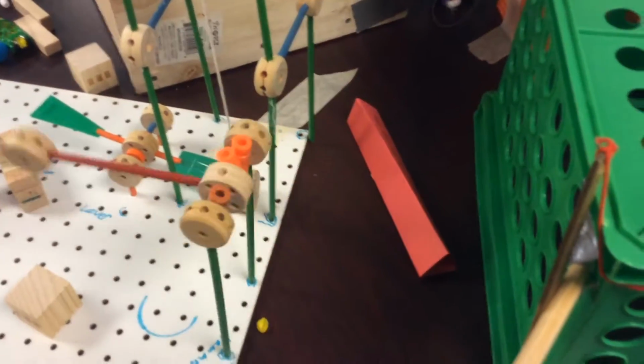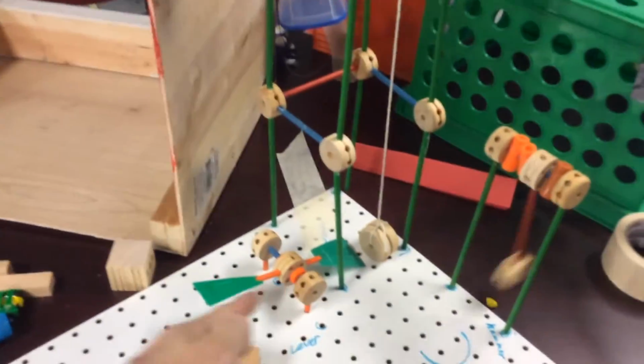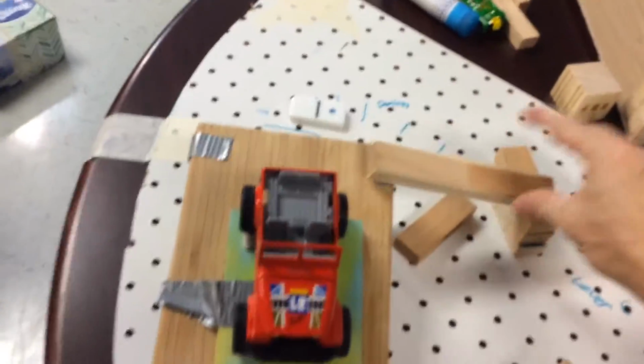We're ready to swing into this, which releases this weight right here, working this double pulley system, falling down, hitting this little guy. And originally that was supposed to be dominoes, but they weren't working. And we tried to make a weight topple and do that, and that wasn't working. And this was kind of our sticking point here. This was supposed to release and bump into this. And there's supposed to be a car on top. There he is. This guy rolls down the hill,